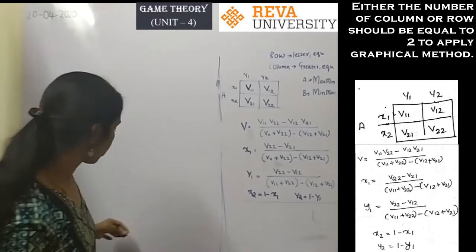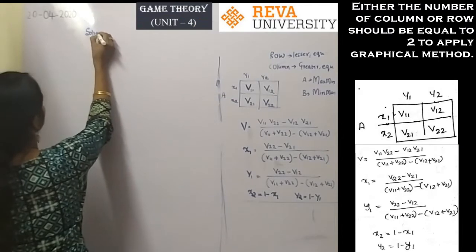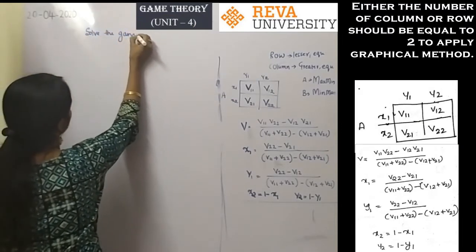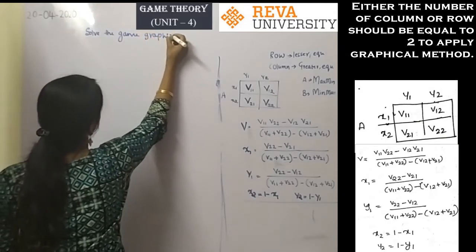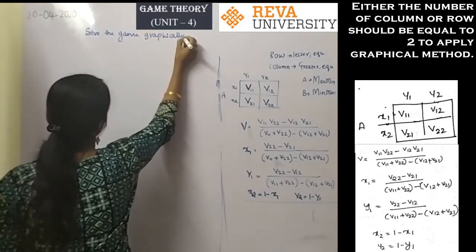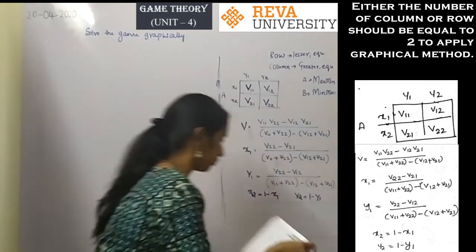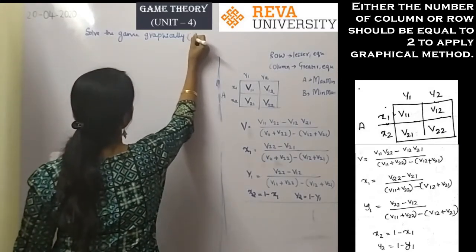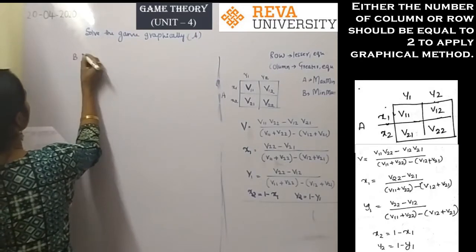Let us consider one more problem. Solve the game using graphical method or graphically. Now, consider the problem. So, this is the payoff matrix of A given here. Okay. So, B